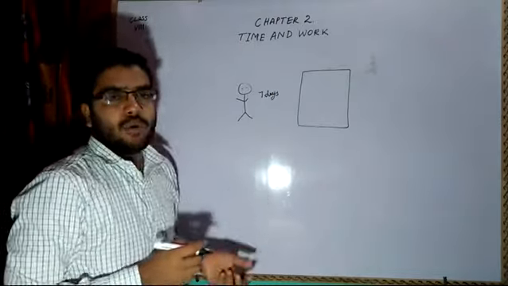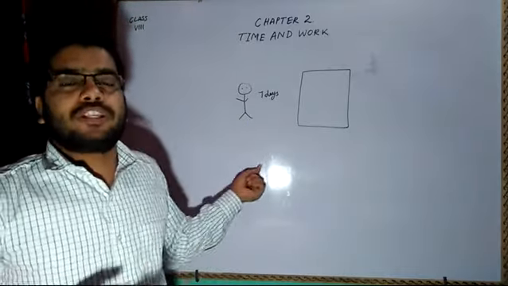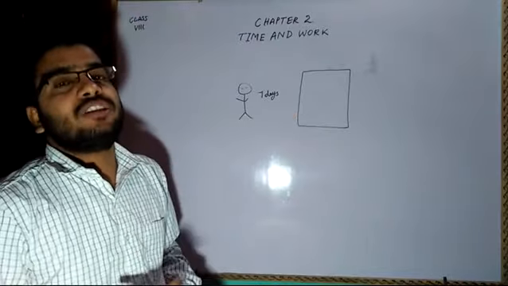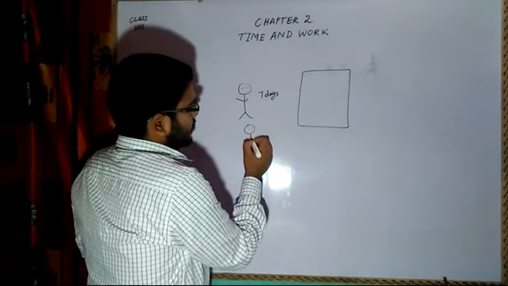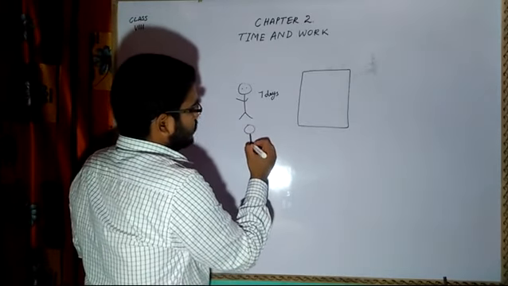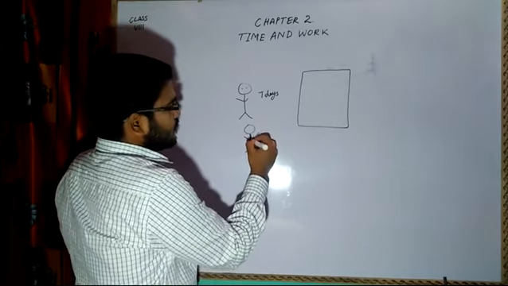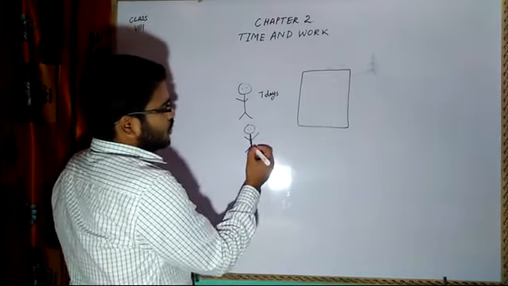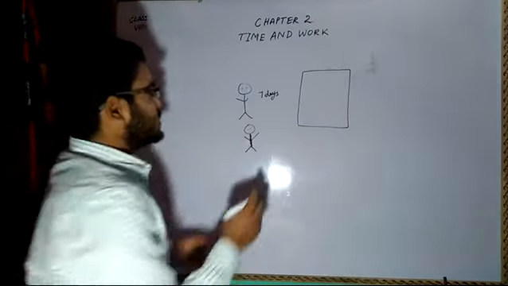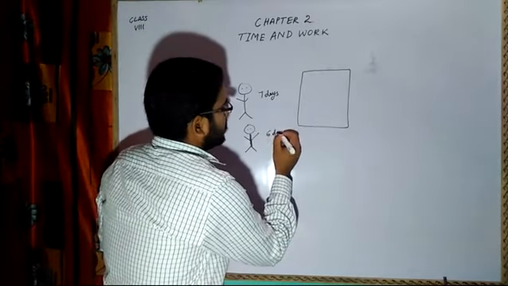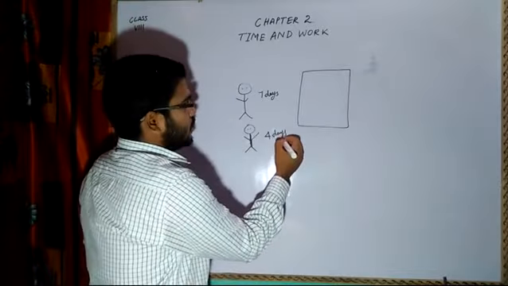So he told me that he alone cannot do it. He needs at least one more person with him, so that he will be able to finish this job before 7 days. Then I told him, okay, you do. He went to the market and brought one friend. I asked the friend alone, how many days will you take if he is not going to work with you? Then he said, sir, I will be able to do the work in 6 days, or say, for example, 4 days only. Let it be. He is more efficient, 4 days.